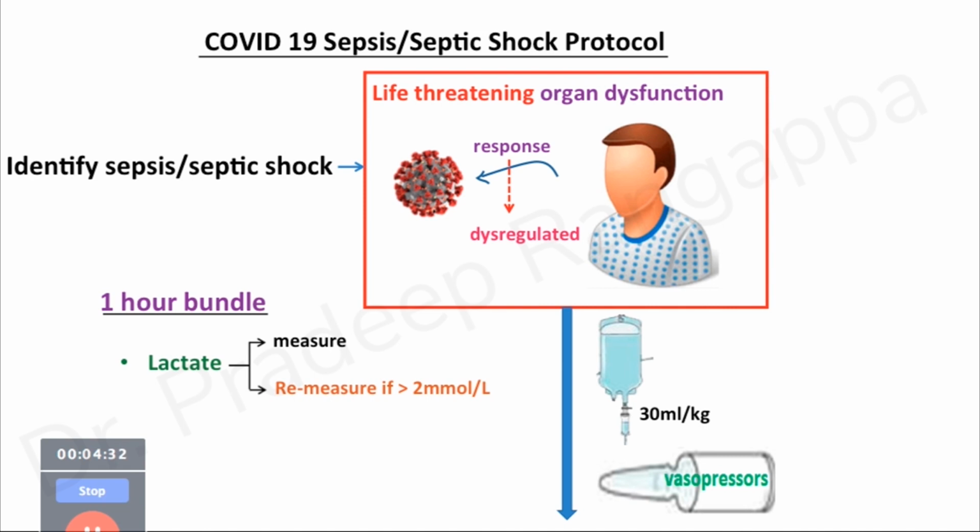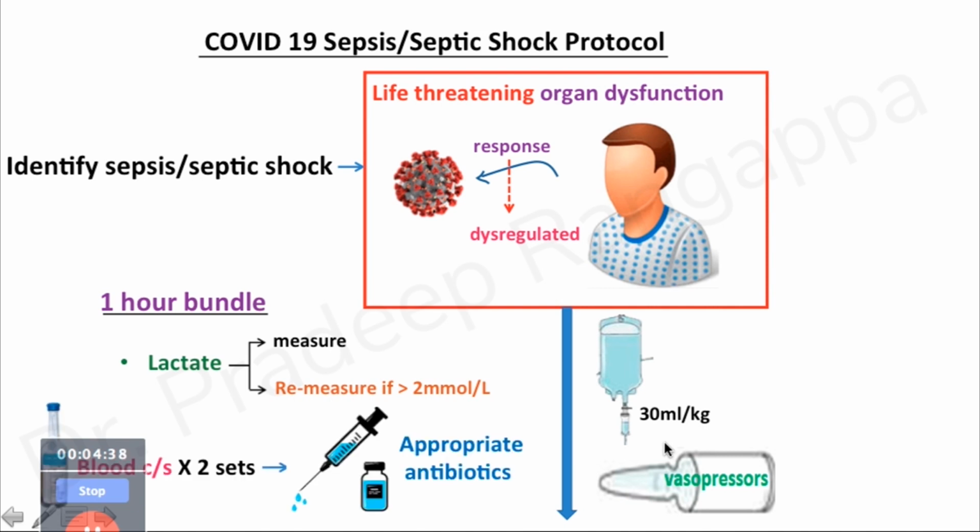If there is a 20% reduction in lactate, it is an indication that he is responding to the fluid resuscitation that you are administering. And the fourth most important thing is to send 2 sets of blood culture. Albeit it is COVID positive, nothing prevents him from having secondary infection because he is in sepsis. In sepsis, it is mandatory to send 2 sets of blood cultures, following which appropriate antibiotics have to be initiated,